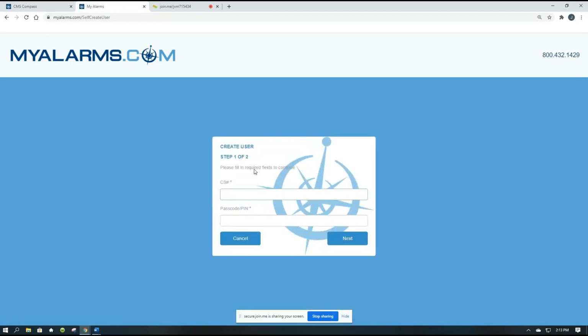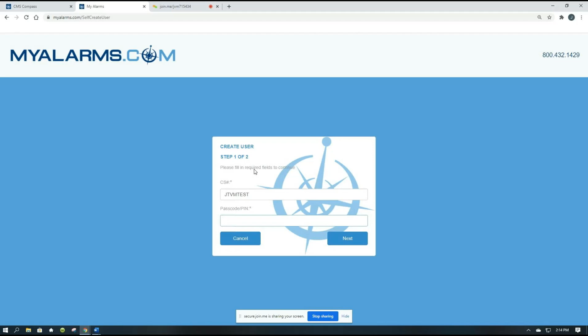So this is the part that you may have to feed them information. I don't know how many customers know what their CS number is, but the CS number is a required field to get this started. That's the only way that we can kind of verify who we're working with at that point. So in this case here, we're going to use an account number. I know it. Now they have to know a valid passcode. What I was saying earlier was hopefully they already know this. If they're verifying a false alarm or anything like that when they call CMS, then they know what their passcode is. So this can be a valid code word on the account,